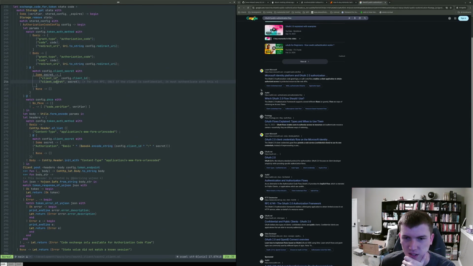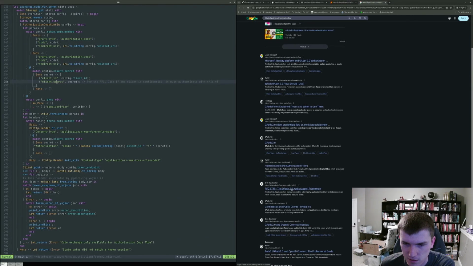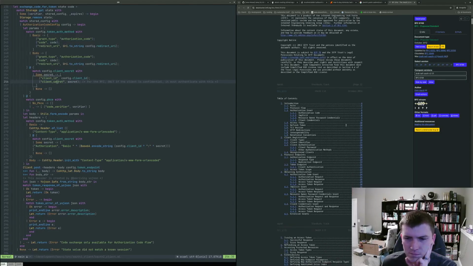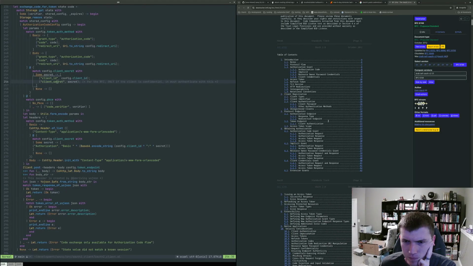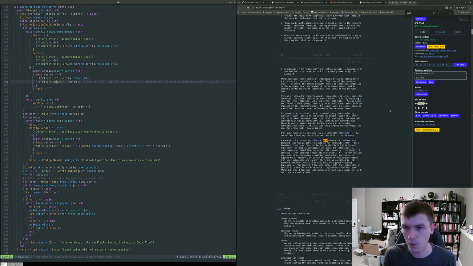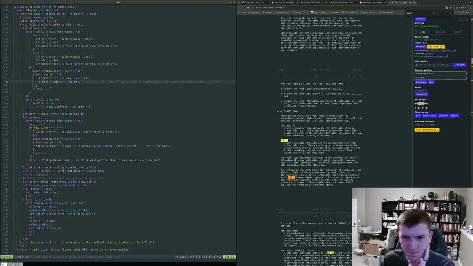I see all these Auth0 ones, but I really want... this is where it just was, right? Let's just look for public. Here we go. Clients are capable of maintaining confidentiality. Yep, that's who we're talking about here.